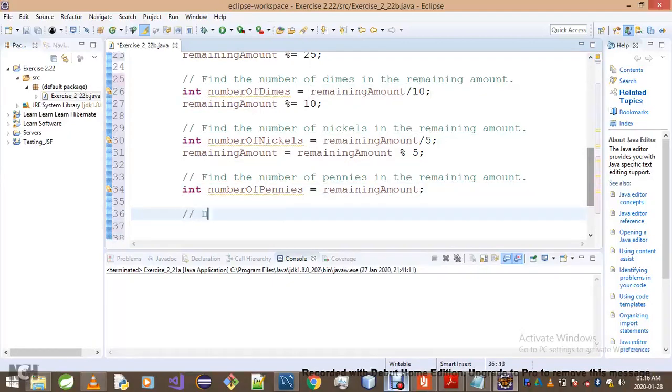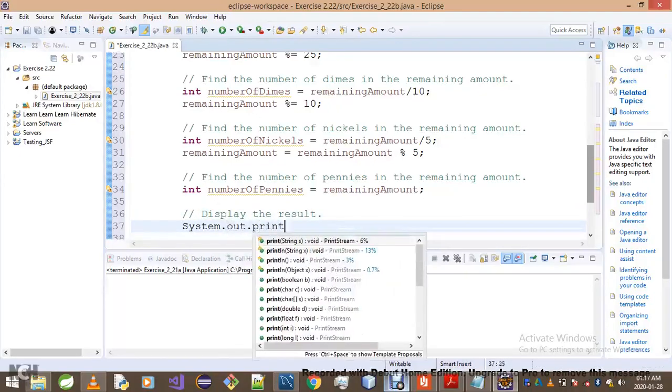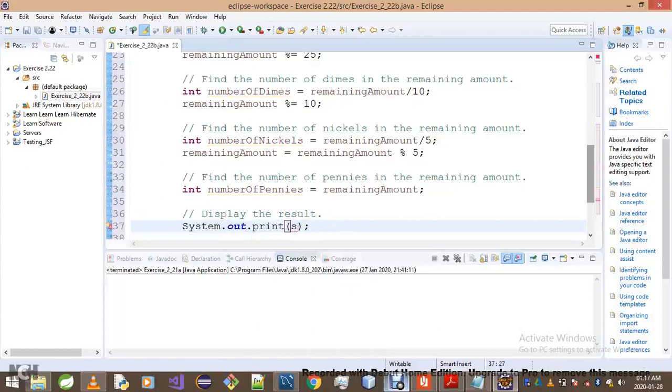So right now you want to display the results. Go system.out.print. Supposed to be println if I'm not mistaken. Yes, your amount